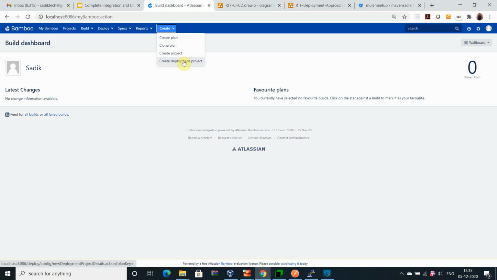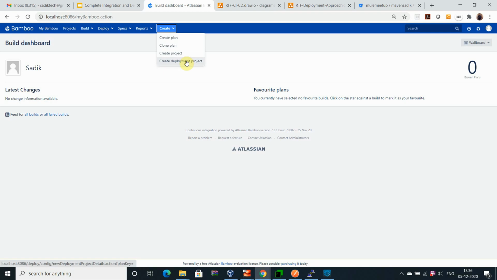Okay, with a deployment project you can create a project like the SAPI project, and then define what you want to perform in the CI/CD process, and in which environment you want to run it with the plan. Like you want to deploy to the development environment, then deploy on QA, then stage, then production, and so on. Okay, you can associate multiple deployment projects to your project or to the plan, and based on your configuration, it will perform on the server one by one.